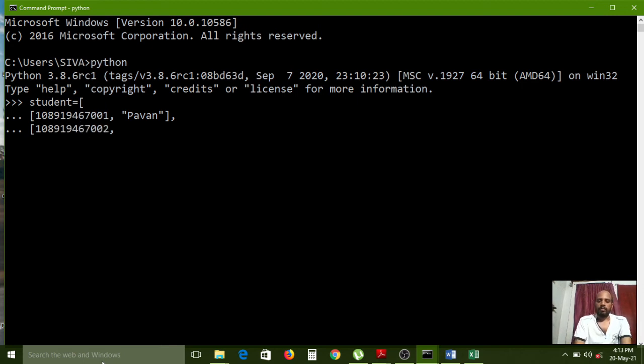Again one space given, and here Rajesh is our student name, and also one comma separator. From one record to another record, how should we show the variation? By using the comma separator, then only the Python compiler can understand. Here three records are maintained. We have to separate one record from another record by using the comma operator.